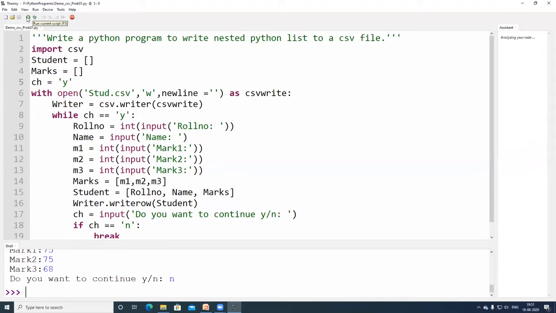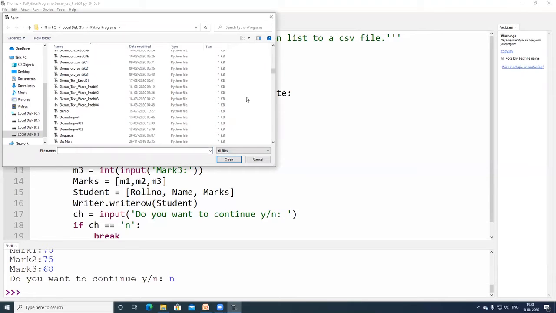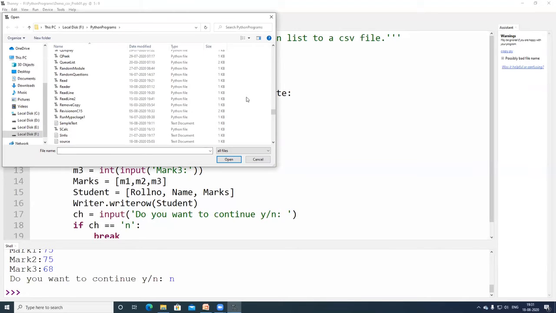Where the data is getting stored, we will be opening this particular file, namely stud.csv. I am changing the type as all files. It is an Excel file.